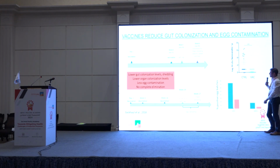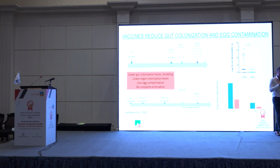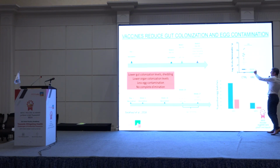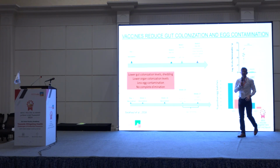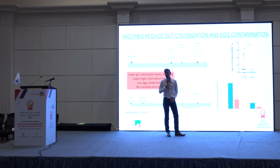What you see is that in the non-vaccinated group, you have some animals with very low salmonella numbers. That's inherent to this type of study. Some animals seem to be less responsive, immunity probably develops somehow. But you see quite some animals with very high titers, so 10 to the 6 to 10 to the 8 bacteria per gram of cecal content, which is huge. In the vaccinated group, all the animals have very low infection levels. So vaccination is really also resulting in quite a high